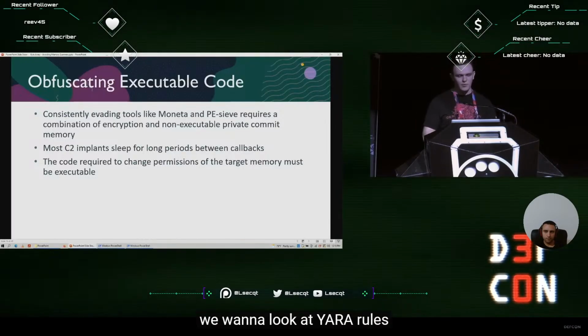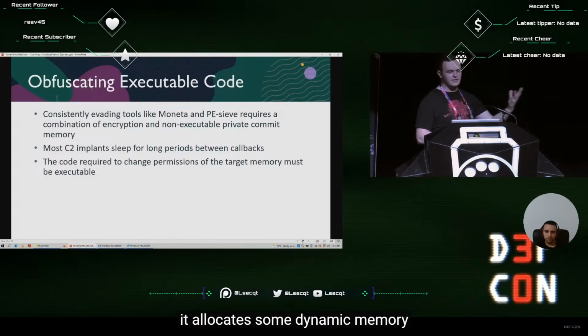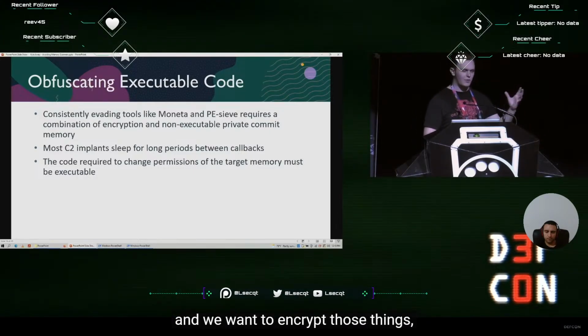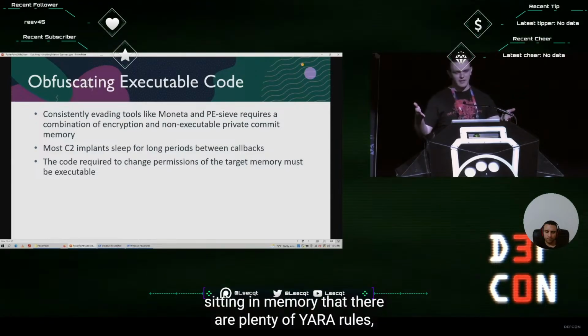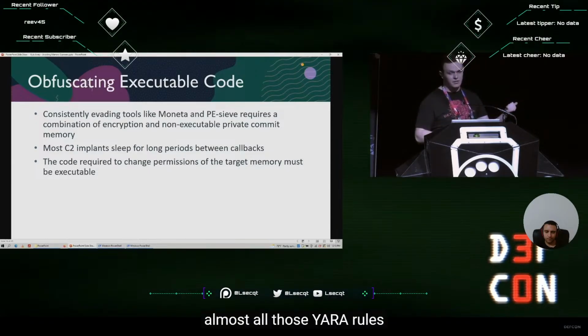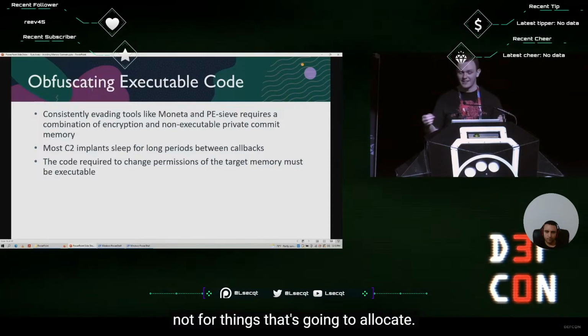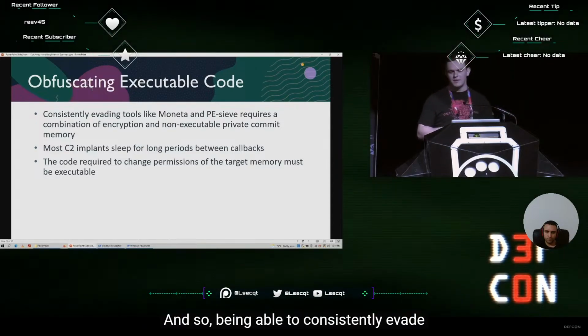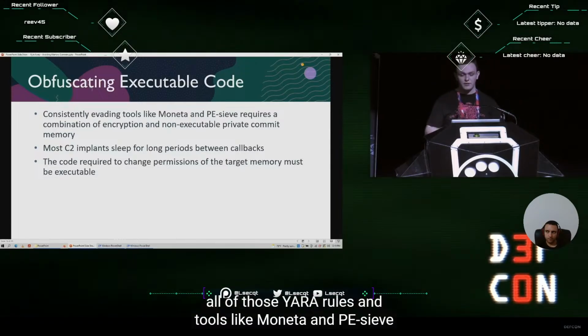Now that we've done that, we want to look at Yara rules that target Cobalt Strike itself. Cobalt Strike, sure, allocates some dynamic memory and we want to encrypt those things, but there's also the entire implant itself sitting in memory, and there are plenty of Yara rules for that. Almost all the Yara rules that I have in that text file are for the implant itself, not for things it's going to allocate. And so being able to consistently evade all of those Yara rules and tools like Moneta and